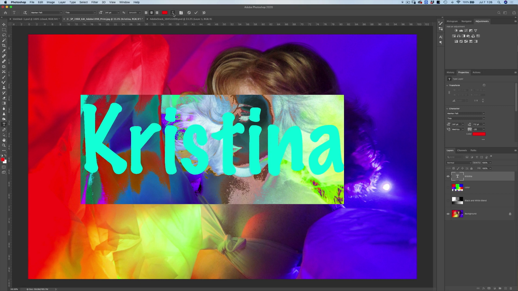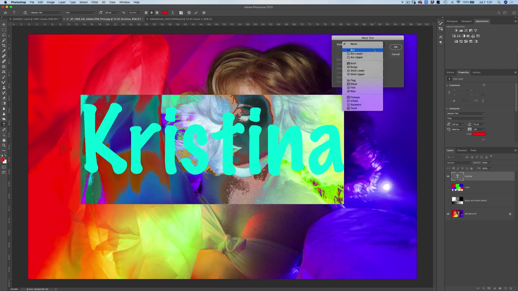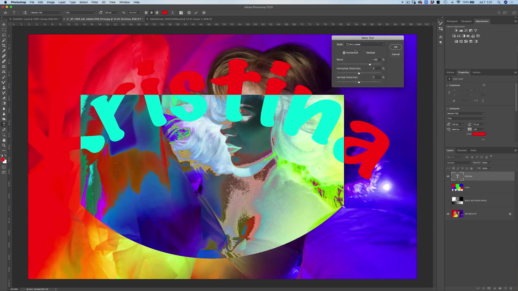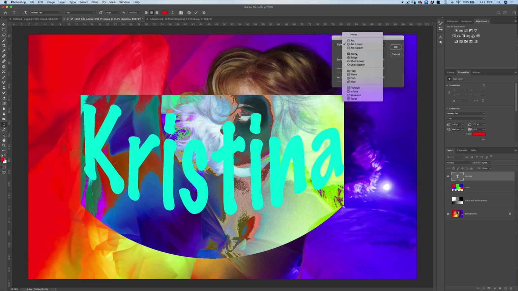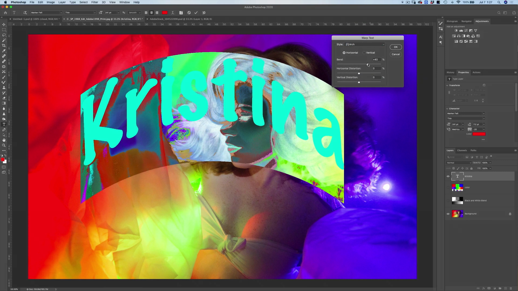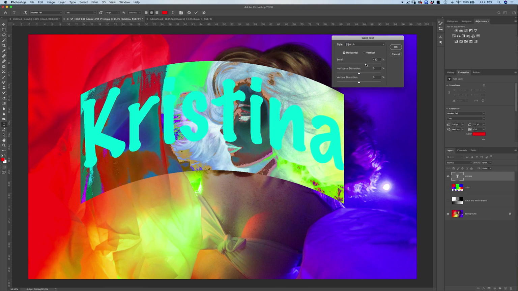Lastly, you also have the option for warping your text. And that's going to allow you to literally change the arc, for example, or the way that your text looks. So I've used this a couple of times when I'm putting a watermark in my image.